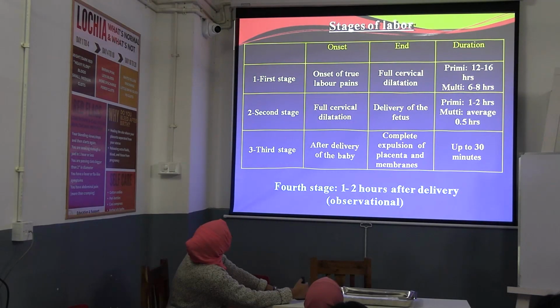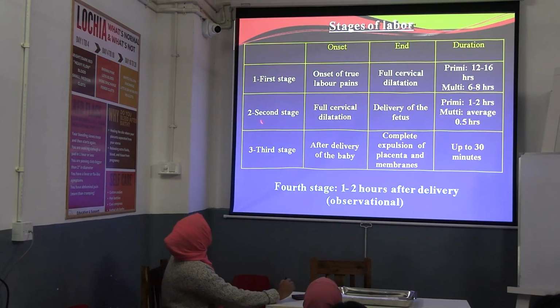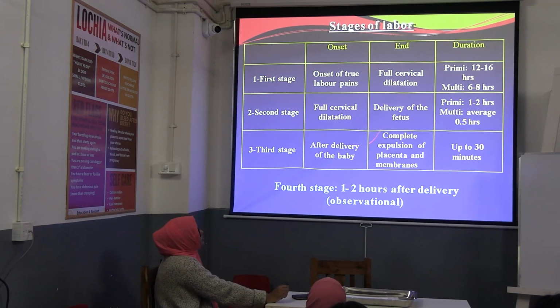So what are the stages of labor? First you need to know. There's the first stage of labor. It starts from the onset of true labor pains to full dilatation of the cervix. In multigravida, who has already delivered many babies, it is shorter, 6 to 8 hours. And in primigravida, who is going to deliver for the first time, who is undergoing labor pains for the first time, it is much longer, 12 to 16 hours. Approximately, say, double this: 6, 12 or 8, 16, double of this.